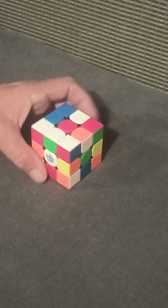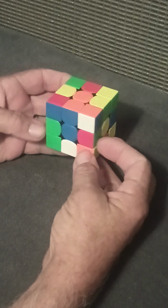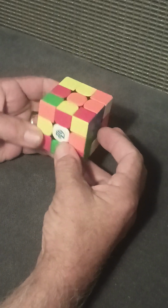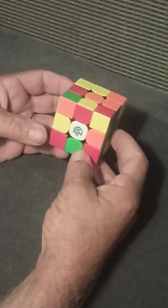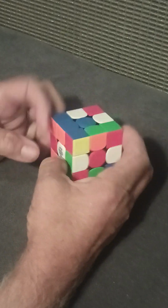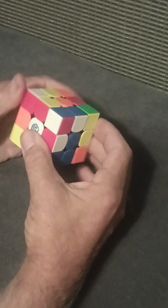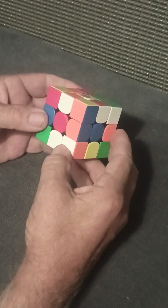Okay, so I promised a video of how to solve the Rubik's Cube the simplest and easiest way, which is the beginner's method. This is not speed solving. This is just the simplest and easiest way to solve it. So I have this cube already pre-scrambled. It's not set up into any special configuration. It's just scrambled. So what we're going to do is we're going to solve this cube one layer at a